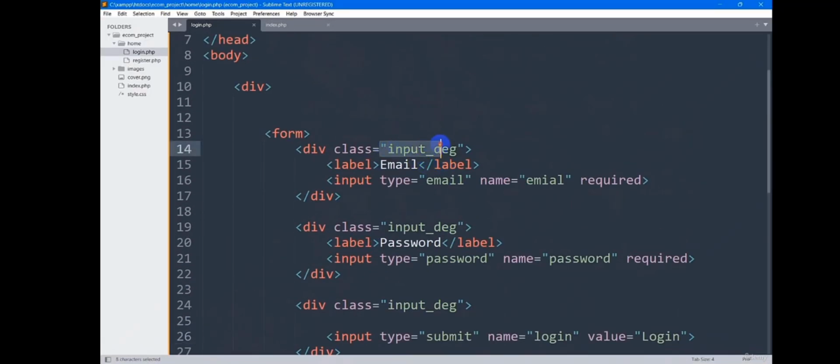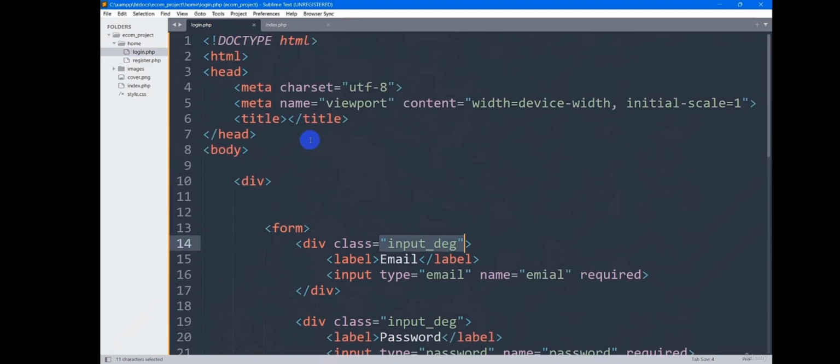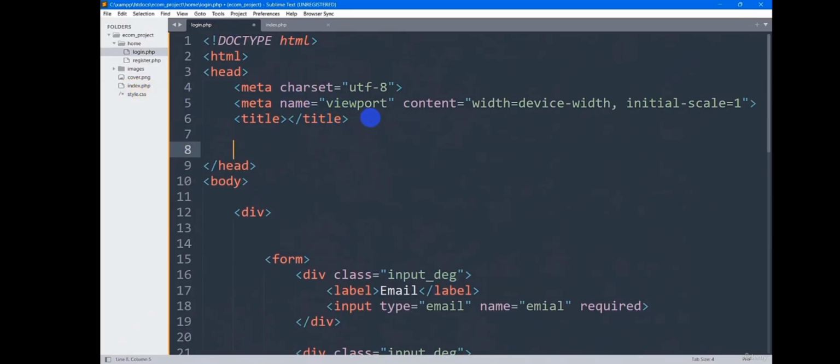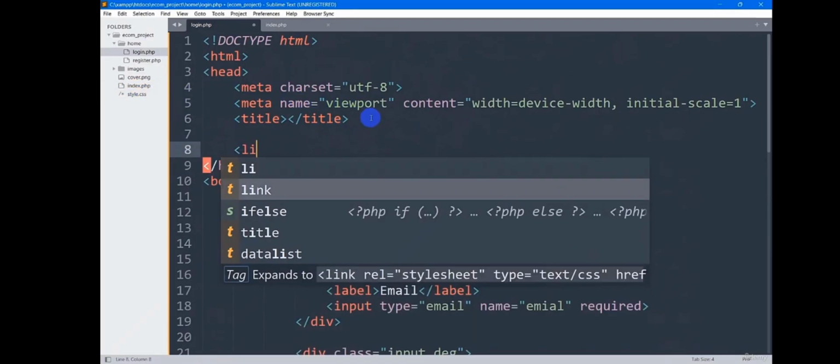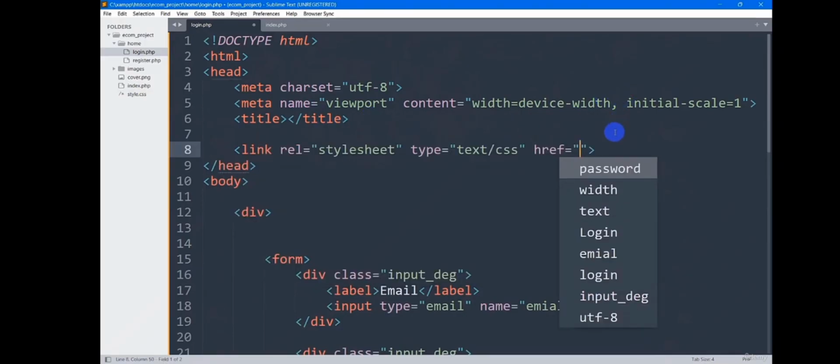So first of all, here you can see input_dg. So we're going to write some CSS. So we'll write some CSS in our style.css file. So first of all, we need to link our style.css. So in order to link it, we need to say here link. Then we are going to say here